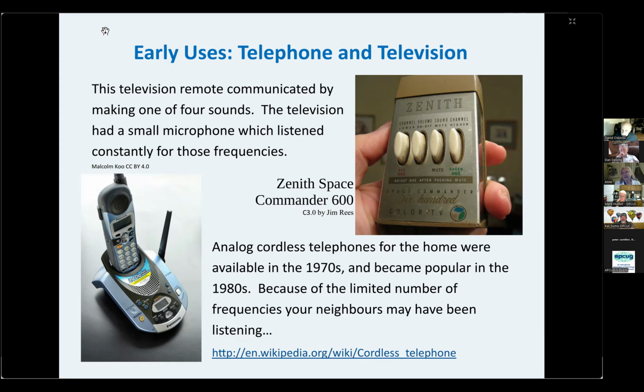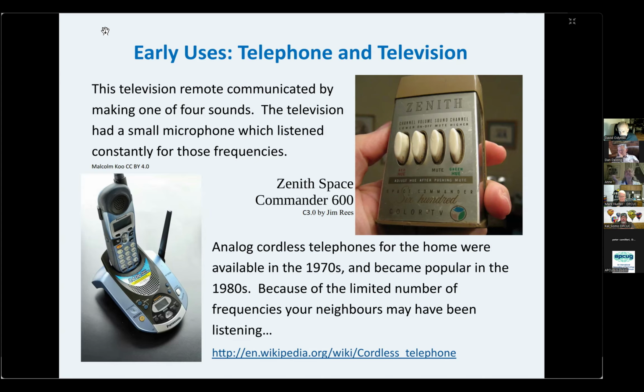And Dan and I had one of those early cordless phones, and I believe we had a choice of four channels. There's a little slider. You could pick four channels, and you just had to hope nobody in your neighborhood was on the same channel. Actually there was somebody in our neighborhood on the same channel, and they had a teenage girl, and so if we picked up her phone when she was talking,